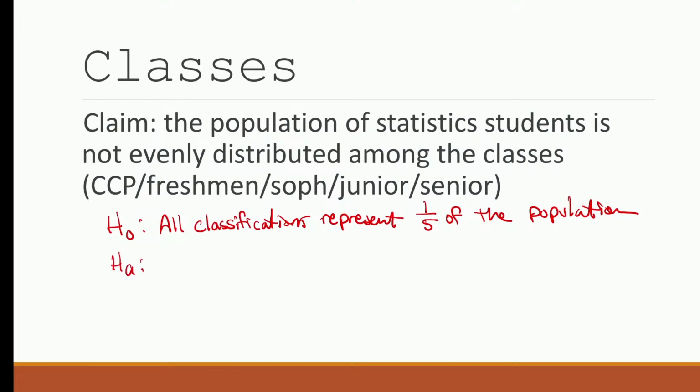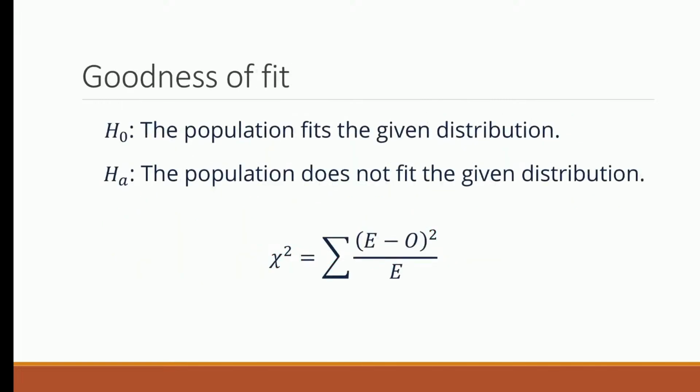But the alternative is that not all classifications are 1/5. Okay, just let me back up one more time to contrast this with the template. The template that we're using is that the null hypothesis is the population fits whatever distribution. So in this case, I'm saying everyone's the same, 20% for everyone. And then the alternative is that it does not fit. So whatever it is that we're talking about, and today it'll always be an even distribution, in this case 1/5